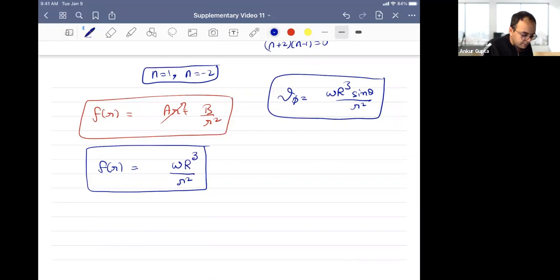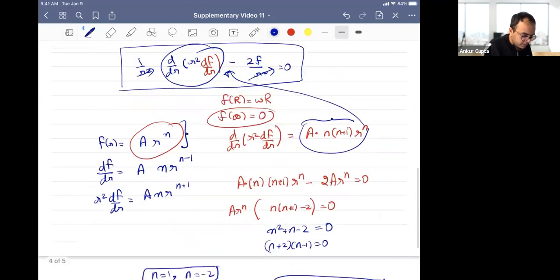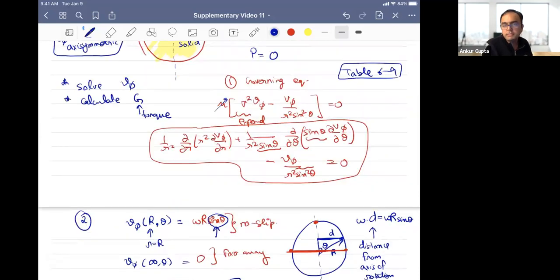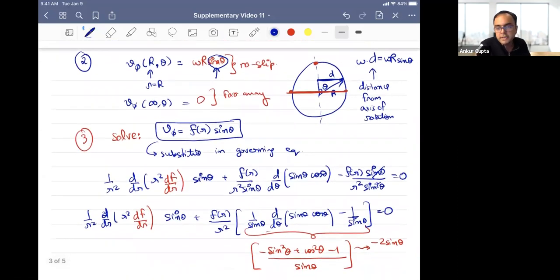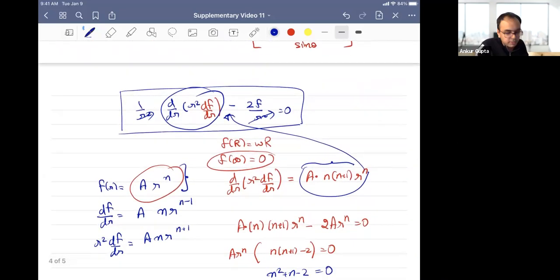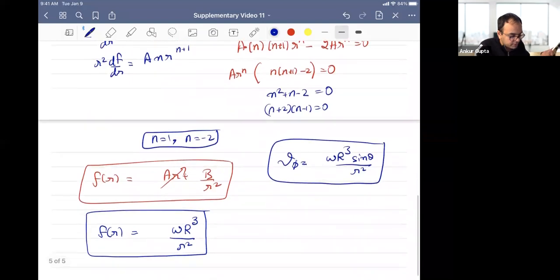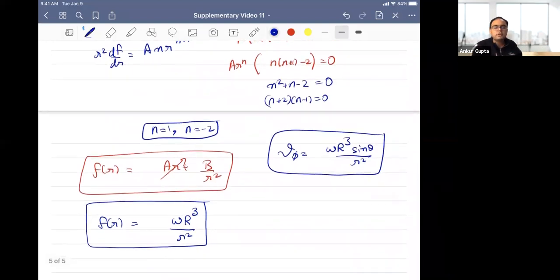So let's just briefly recap where we were. We started with the governing equation where we said v theta is 0 and del by del phi is 0. Then, because of the boundary conditions, we substituted v phi as f of r times sine theta. When we did that, we were able to get a differential equation. I again apologize because of that small error; hopefully that did not confuse anyone. Then when you substitute a polynomial expansion, we were able to find two powers, and essentially get a solution for f of r, which looks like this and which satisfies the boundary condition. And then we got the v phi.